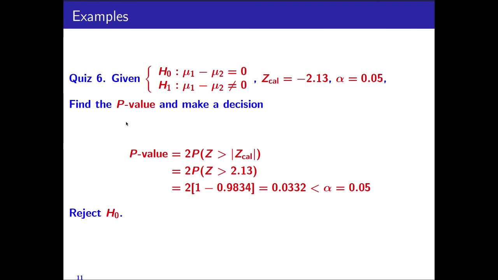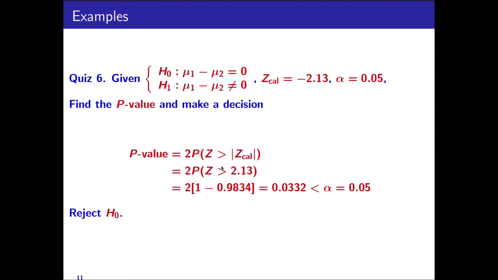Find the p-value and make a decision based on the p-value method. The p-value is equal to 2 times the probability of z greater than absolute value of zcal because this is a two-tailed test. This p-value is equal to 2 times the probability of z greater than 2.13, and notice the